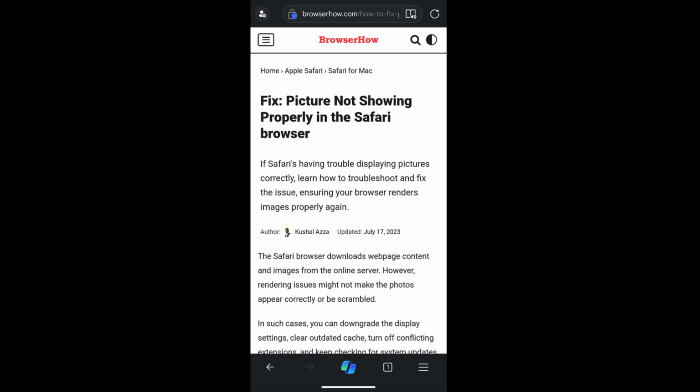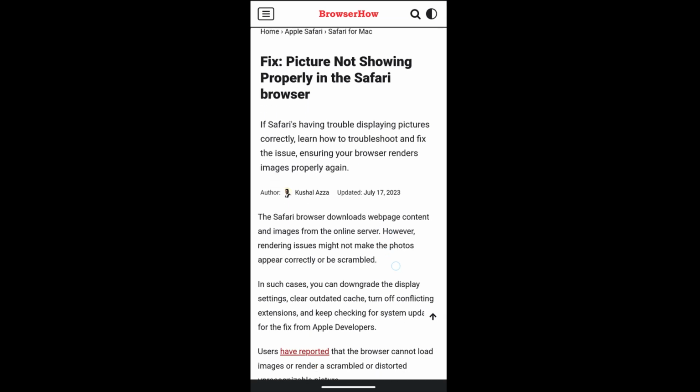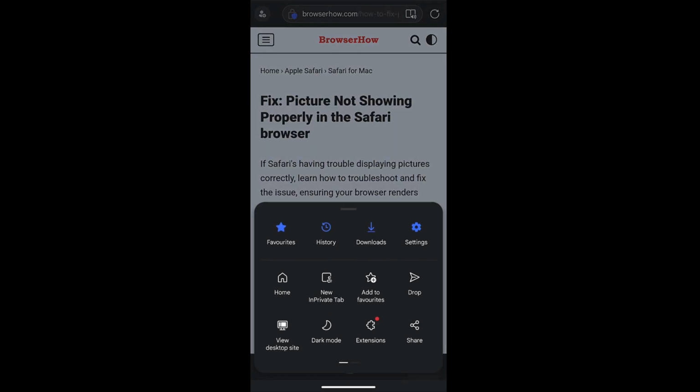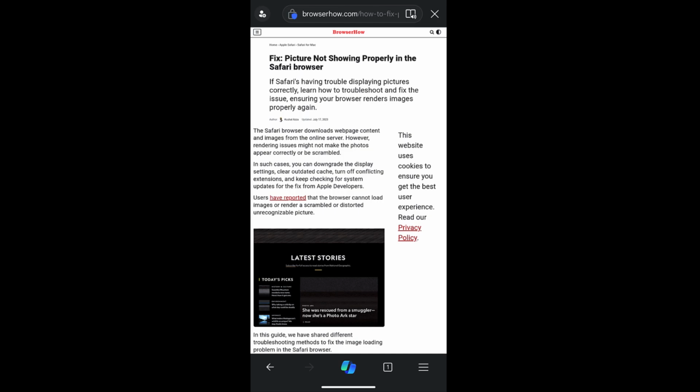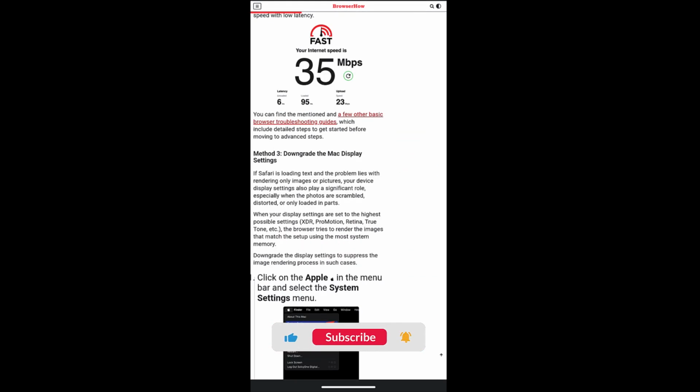But if you want to load it in a desktop site or the desktop mode, what you can do is tap on these three bar options, and within here you have this option to view desktop site. Just select that and the page will reload and it will display how it loads on the desktop. This is the desktop view which will appear on the desktop when you access the browser or .com on desktop